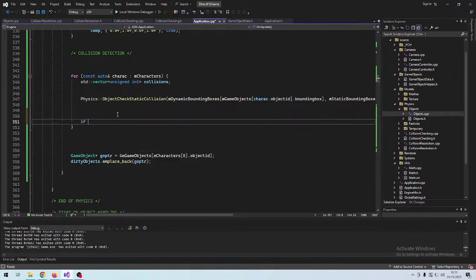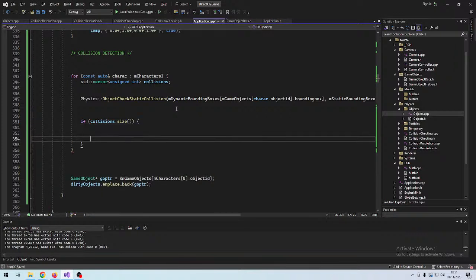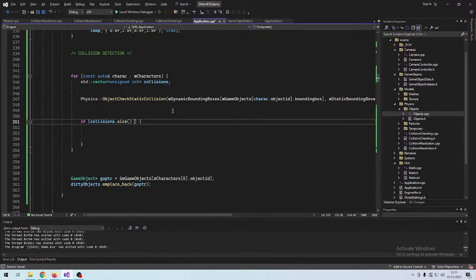Then we say if collisions that size, then we want to do something. Let's just check larger than 0. If it's not larger than 0,